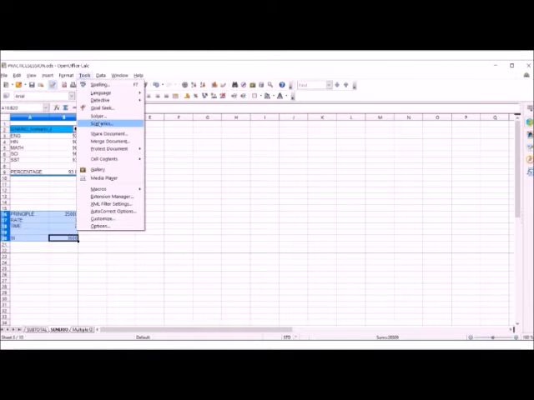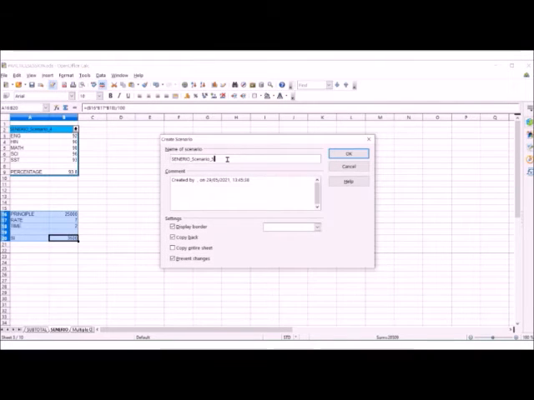So this is scenario 1. I'll select this range. I'll go to tools, scenarios. This is scenario 1, when I am investing 25,000 rupees. Border color, suppose I want gray. Okay. Scenario with this name already exists, so I'll have to give it a different name. Suppose this is scenario 1.